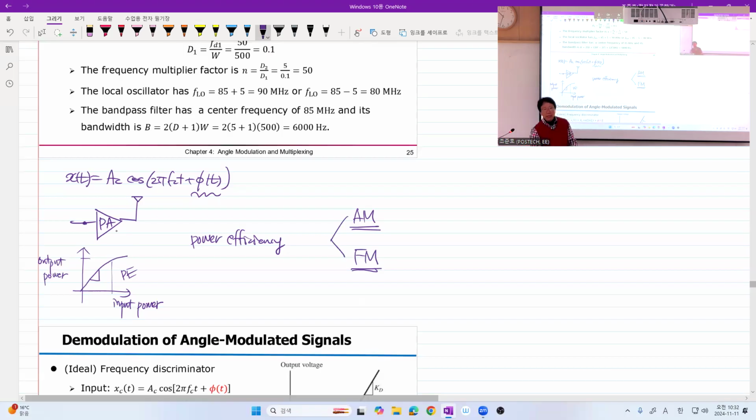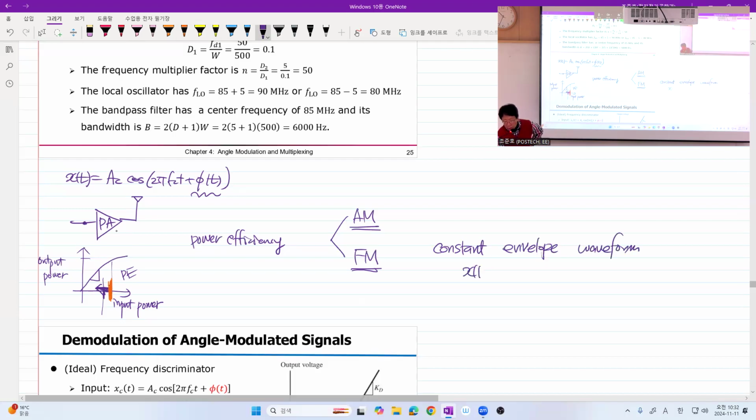Of course, there is distortion. However, AM may operate this way. This is the average power, and your signal may vary this wide. But FM may operate here because, as you see, the power is almost fixed, right? So FM may operate here. AM must operate here with lower power efficiency. Right? So that's why many people love the so-called constant envelope waveform,